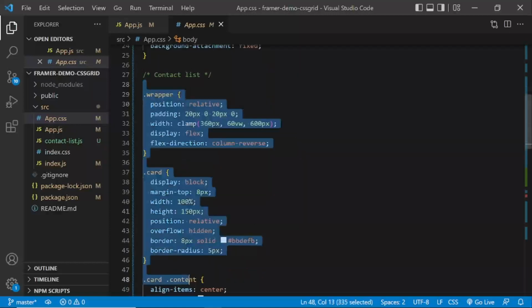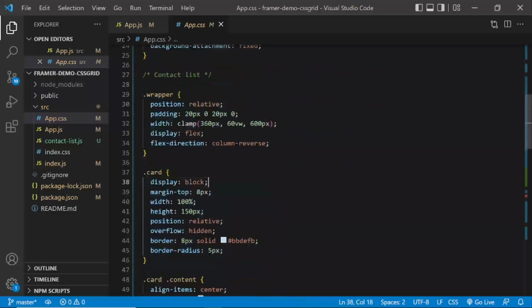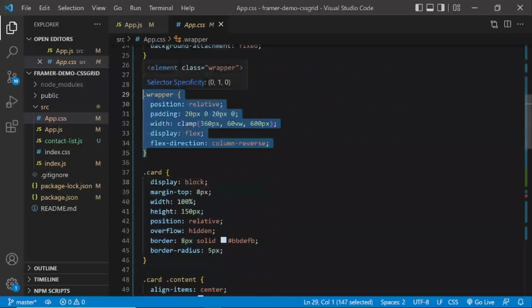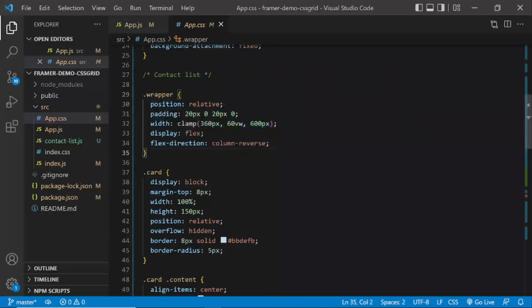And the contact list is quite important. That's what we're going to be animating. As you remember in the markup, I've got a wrapper, which is a UL element, and it has a flex layout, and we've got flex direction as column-reverse. So all we're doing is reversing the items in the UL, so the new things come at the top and the older things come at the bottom. When you're rendering, by default you have the oldest first and the newest at the bottom, so we're just rearranging that order.